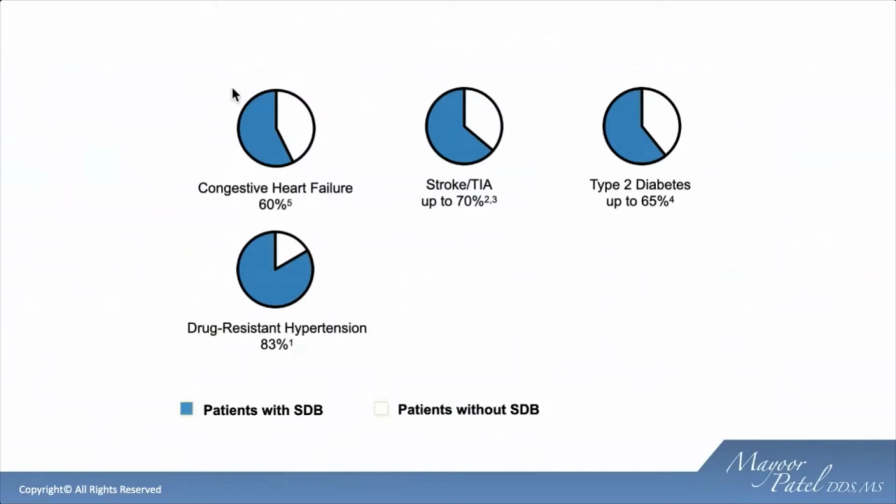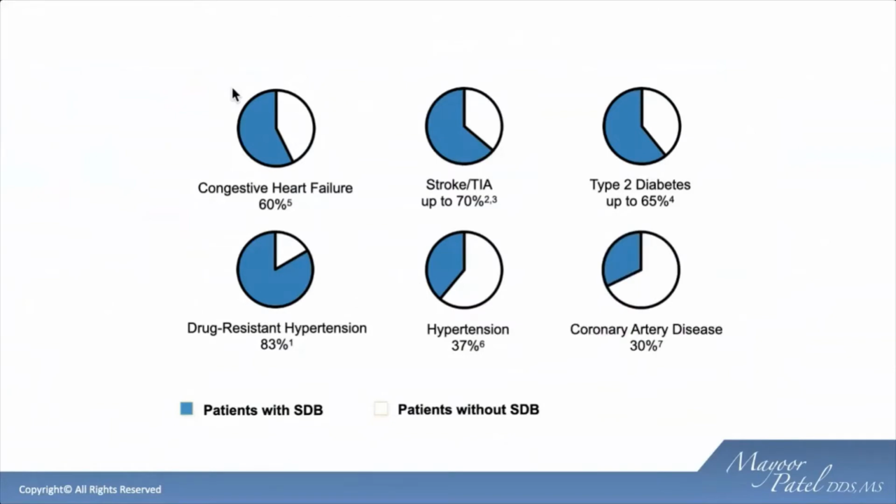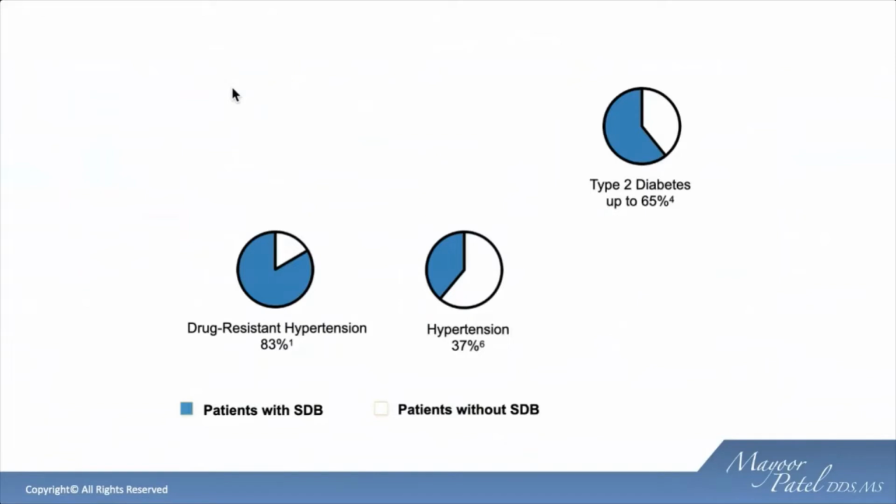Now, do understand, drug resistant hypertension strongly supports the phrase that they take more than 2 medications to control their blood pressure. But if they're just taking a hypertensive medication alone, it's 37% chance, or if they've had a history of coronary artery disease. So if we looked at our daily patient intake, how many times do we have patients that are diabetics and hypertensives that are in our chair for a routine dental check?